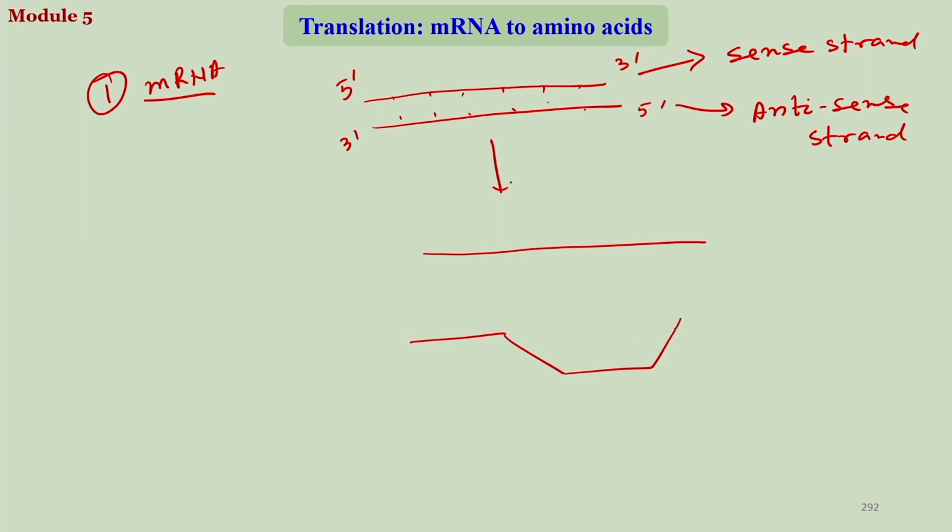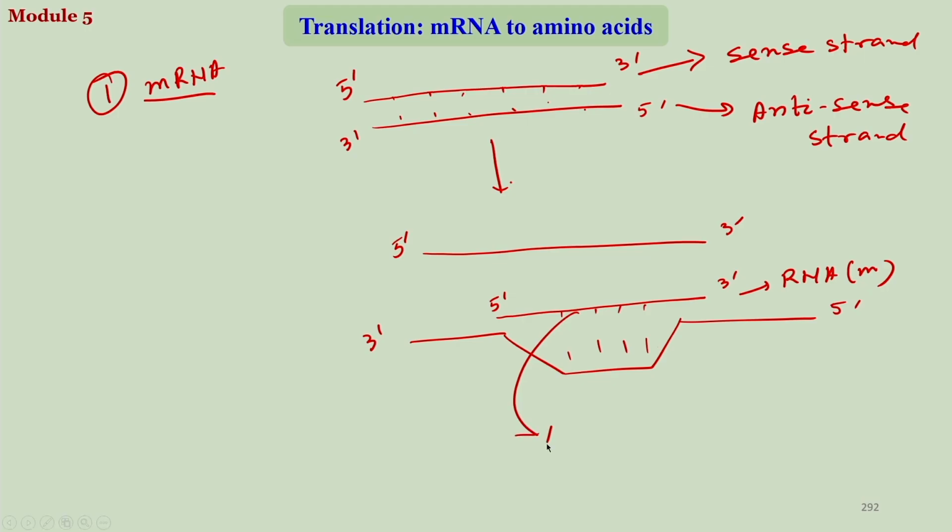The antisense strand was used to synthesize messenger RNA, a complementary sequence of RNA, and in turn the sequence of this RNA would be exactly that of the sense strand of the DNA,